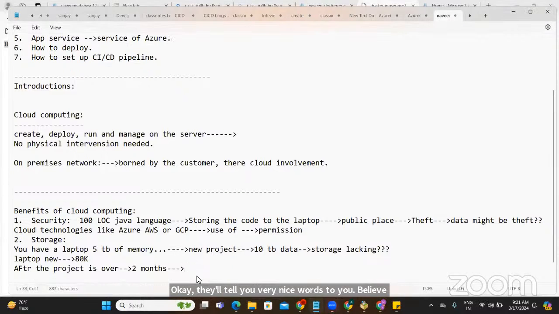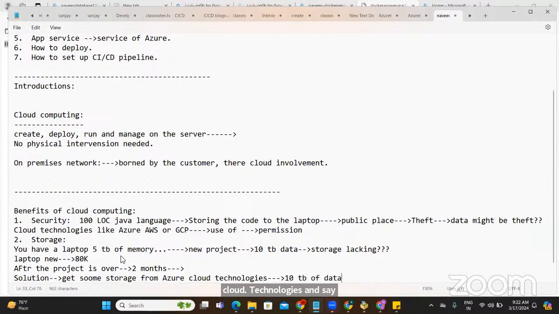The solution is, you go back and get some storage from Azure or any other cloud technology, and say, hey, I need 10 TB of data to be stored.